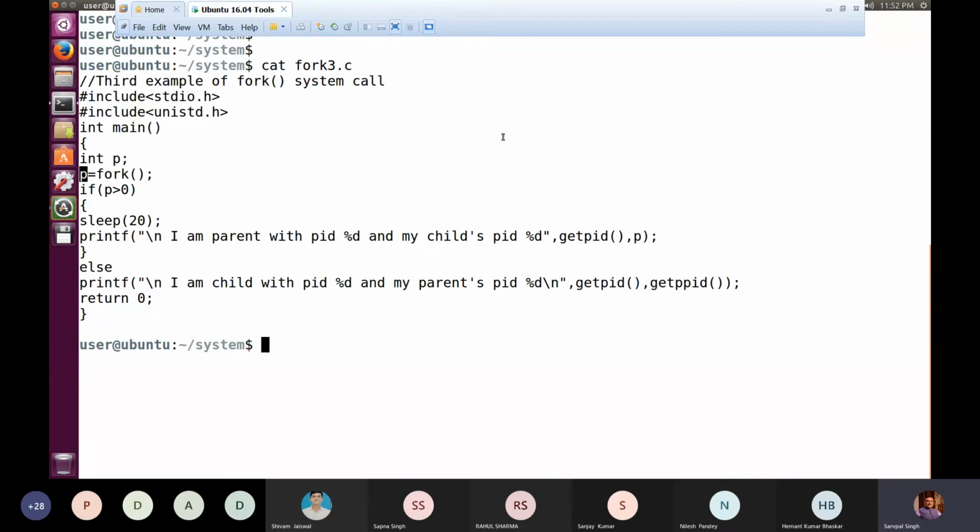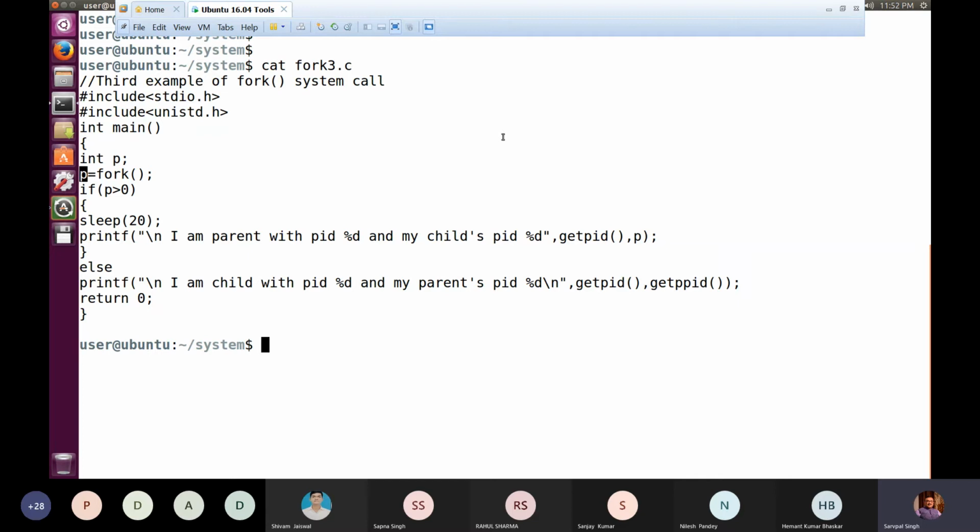Okay, and let me tell you, since I am listening to some murmuring that somebody is not understanding what I am explaining, I am telling you frankly that if you are having any problem, please let me know, so that once again I can explain every concept. So for the time being, I am executing just this program, and once again I'll re-explain the concept which we have discussed so far.